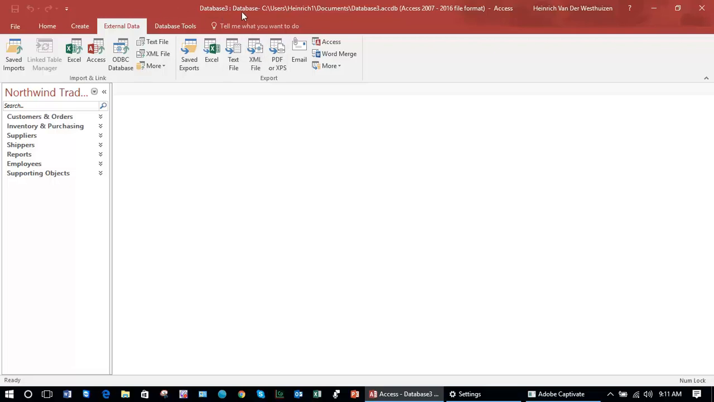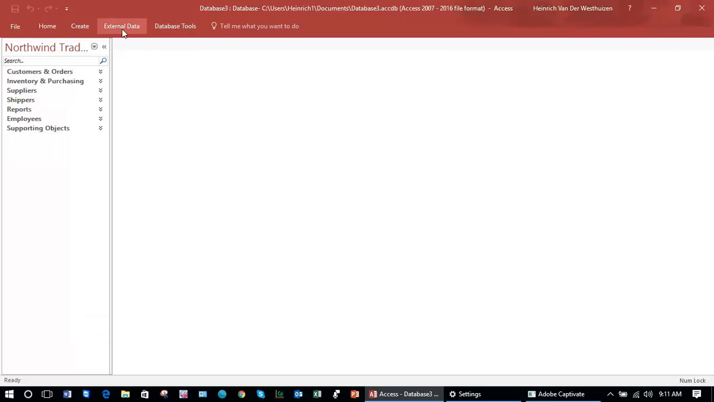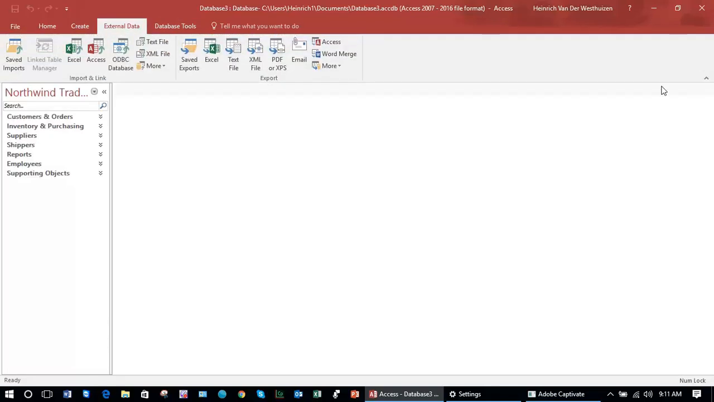So we've had a brief look at the menu bar at the top. We had a look at the ribbon, and how to minimize or pin the ribbon. Now